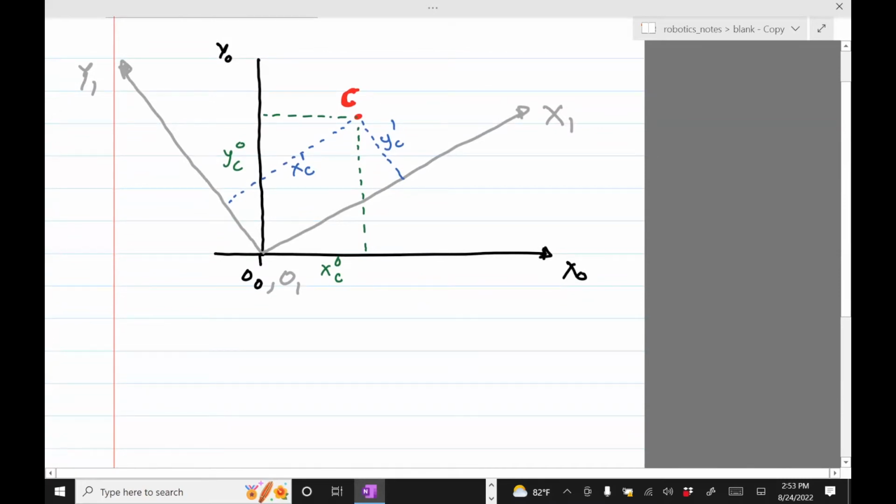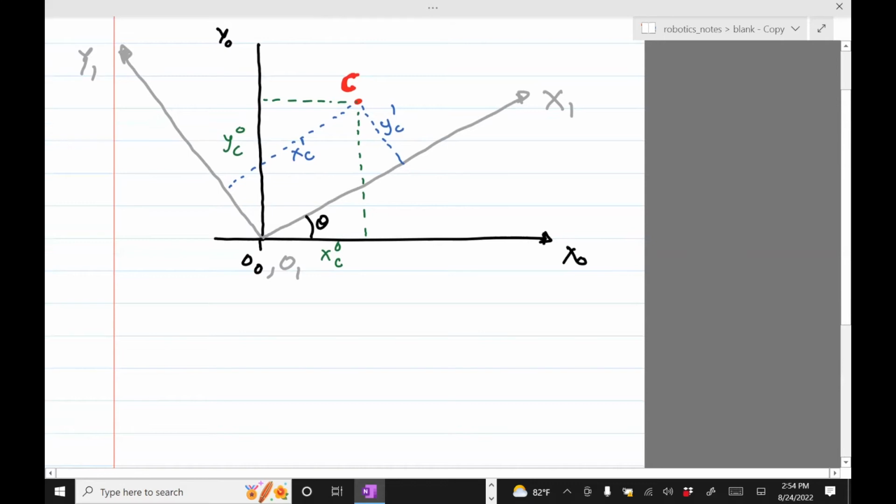Now we need to figure out what is the relation between xc, yc in frame 1 with xc, yc in frame 0. This is probably some calculation you've seen before. It's basically using trigonometry, you can figure out what the distances are. So xc0 is, so you define this distance, then you basically